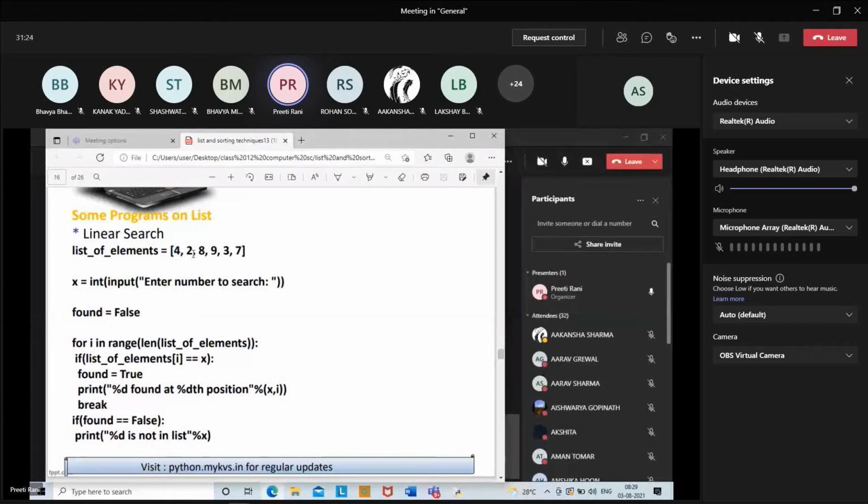Ma'am, your voice is not audible. Is it cracking very much? Yes, ma'am. Can you do that in your computer, all of you? Is the screen visible? Yes, ma'am. Okay, kindly do the linear search in your computer.